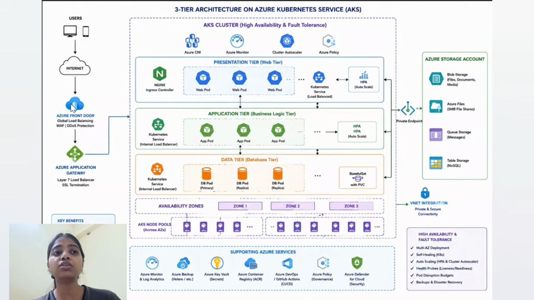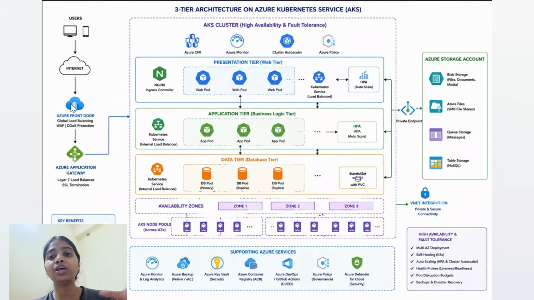So basically it is helping with global level load balancing. Sometimes we deploy our applications on multiple regions.